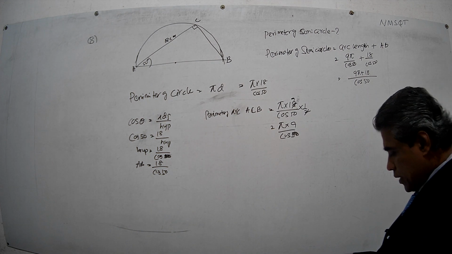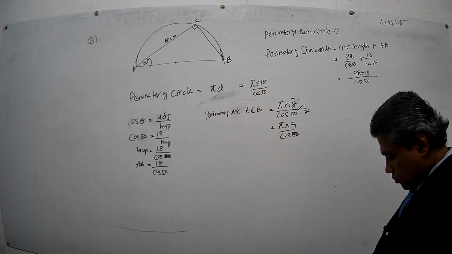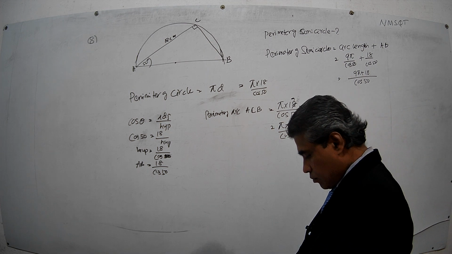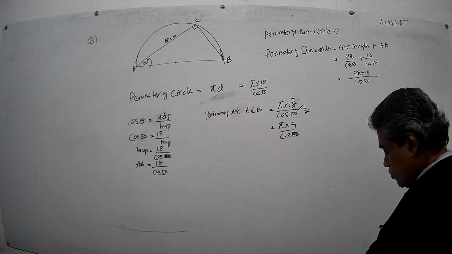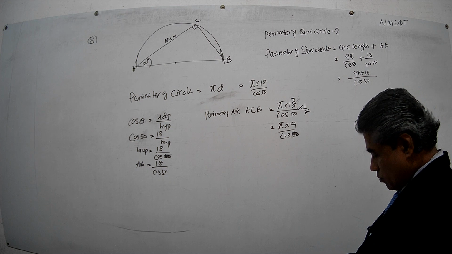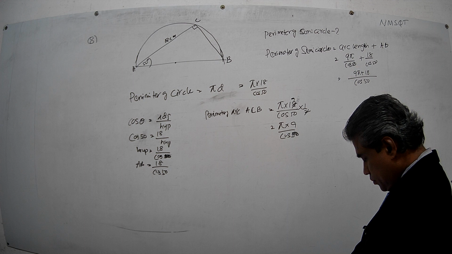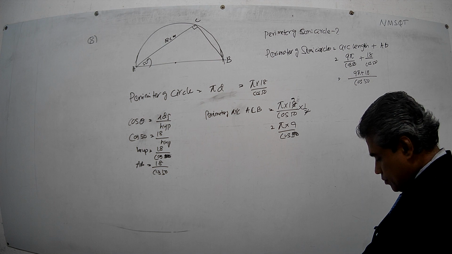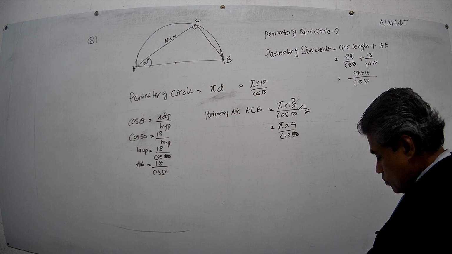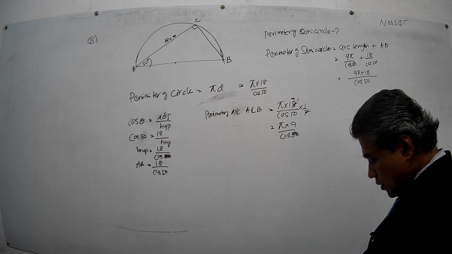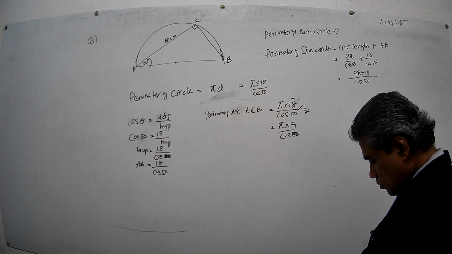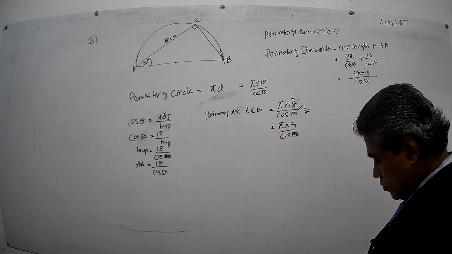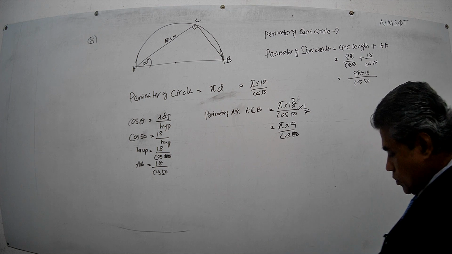Okay, now 9 pi, that is 9 into pi, plus 18, divided by cos 50. You get